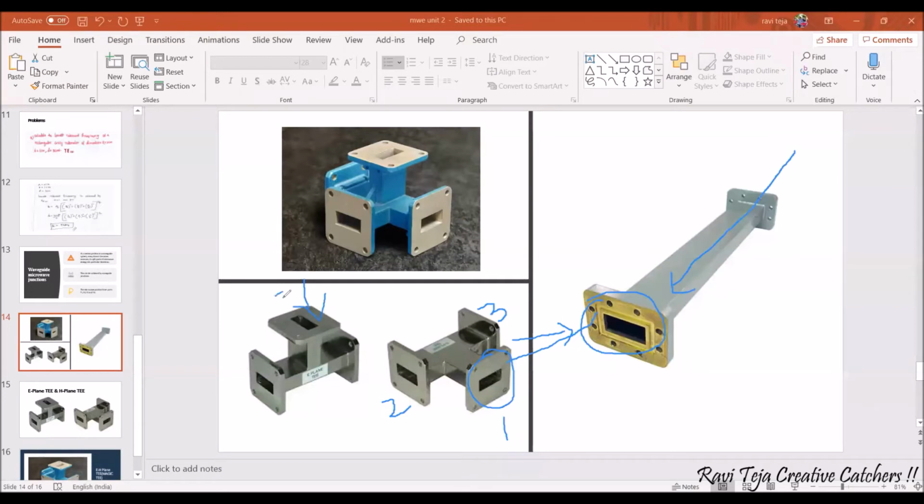Now let us say this rectangular waveguide has been connected here. This is port 2, and this is port 1, and this is port 3. You need to observe this carefully. This microwave junction is different and this microwave junction is completely different. Observe the knobs. Suppose this rectangular waveguide is connected to this microwave junction as input port 2. How will the microwave energy be split? Through which ports? From 1 and 3. So 1 and 3.